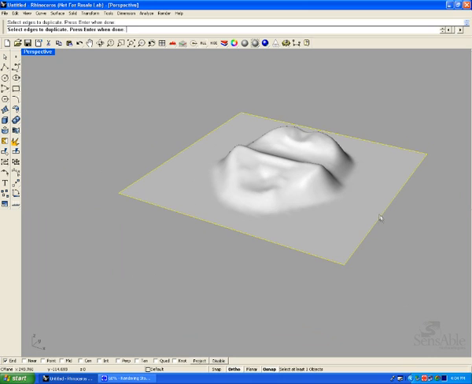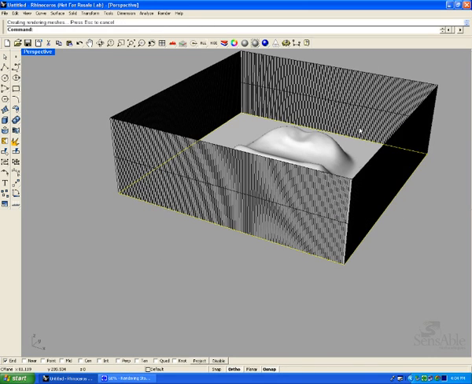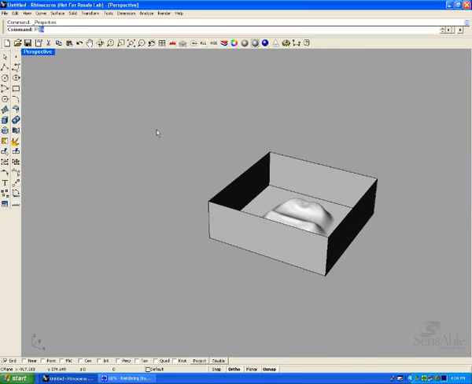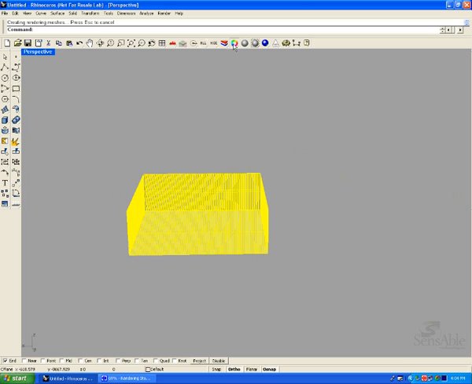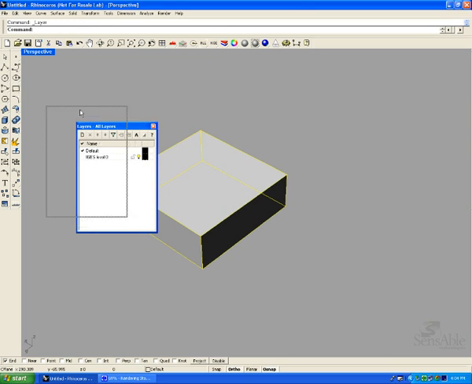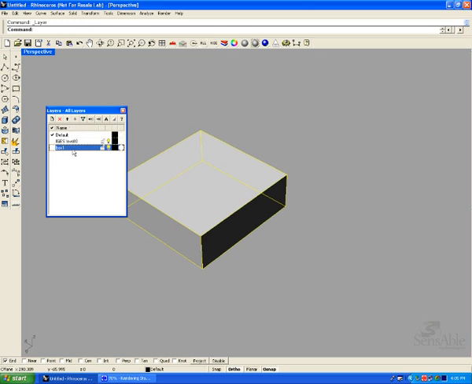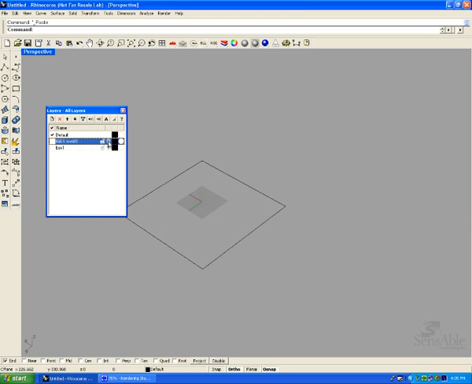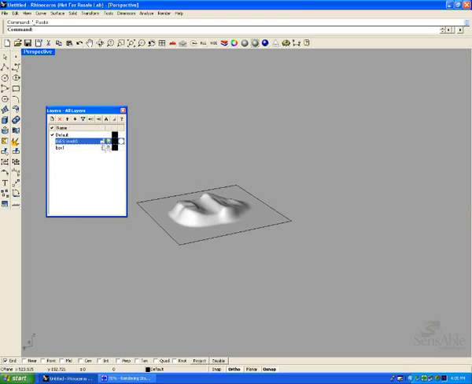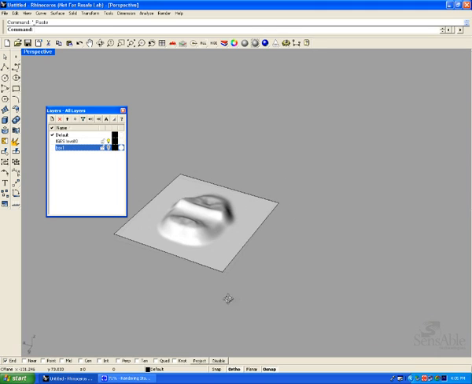So what I can do is I can import this parting surface, and it's one patch, one NURBS surface. And what I can do now is I'm creating an extrusion to create a NURBS insert block for the first part of my mold. So I'm setting up my layers to keep everything organized so I can work with it a lot easier. And so what I have now is the initial insert block for one side of the clamshell